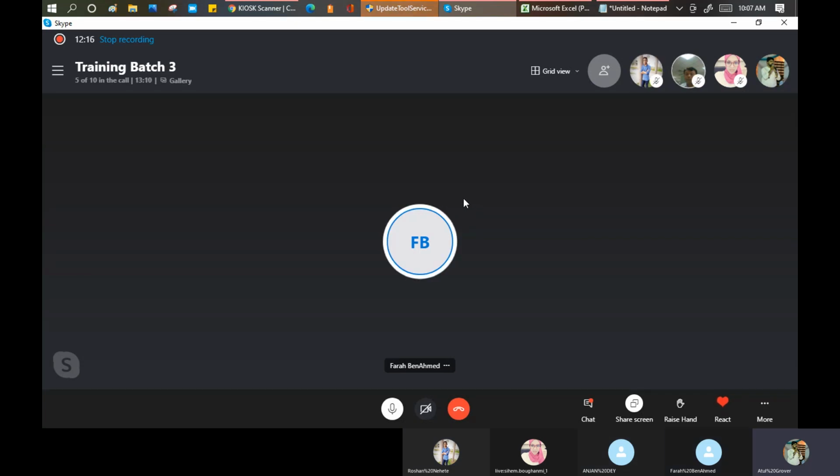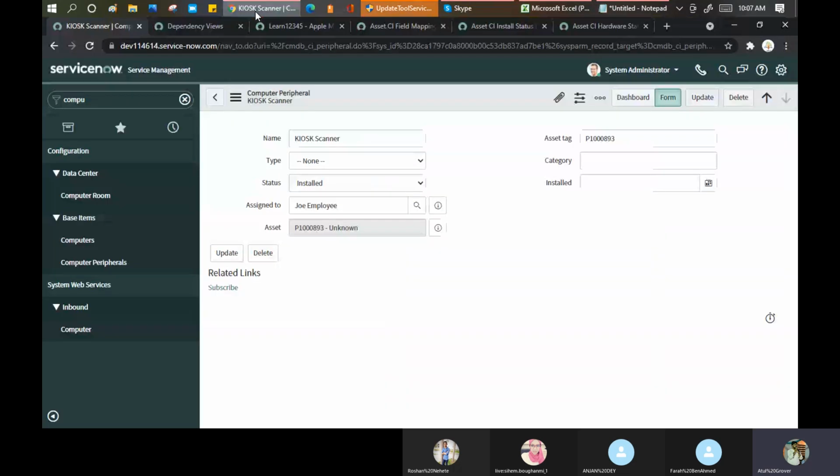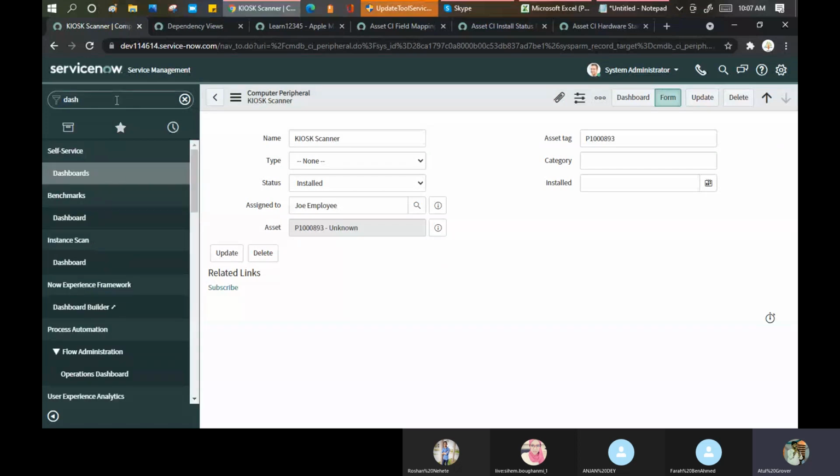The last point in this particular topic is called the dashboards. This one, CMDB reports or dashboards. ServiceNow gives me a lot of dashboards here, which we discussed a day before as well.